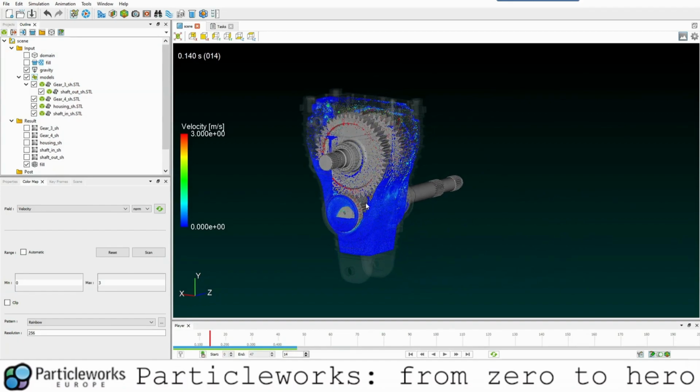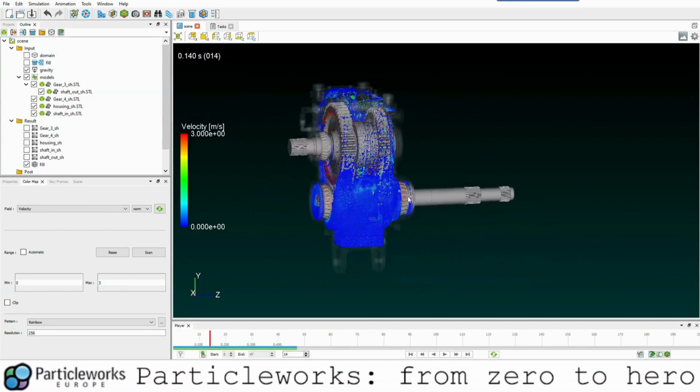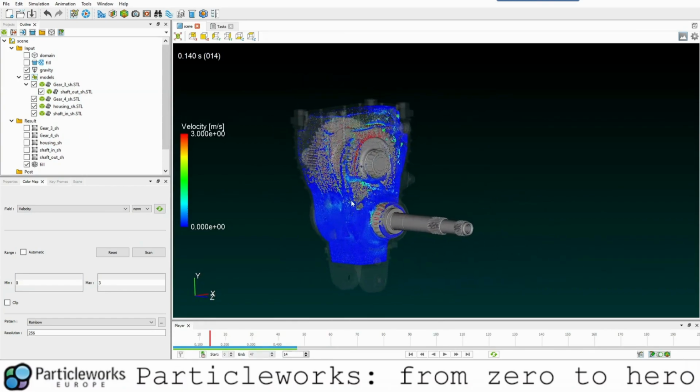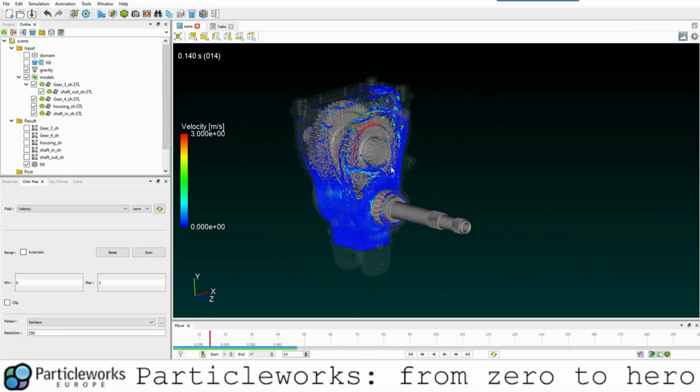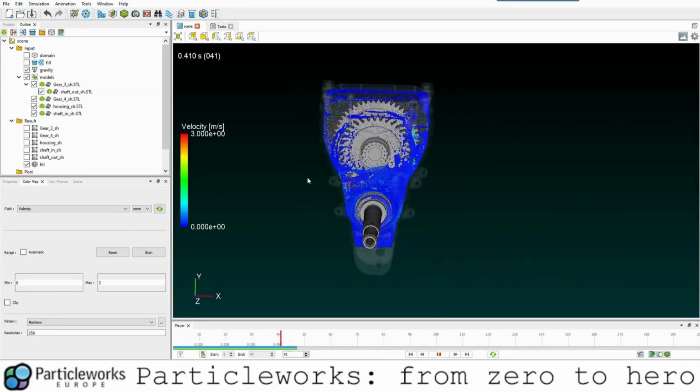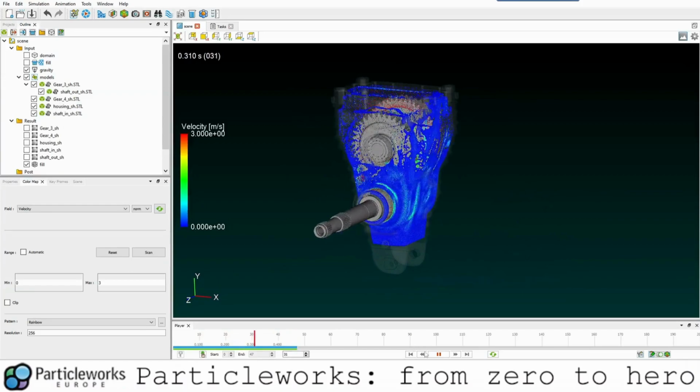We will see the most important post-processing operations you would like to do on your model using this example, that is the gearbox example that we ran in the previous video. As you can see, we collected some results up to 47 frames because we decided to save every 0.01 second. And we can see the transient at the initialization of the simulation. And we can also visualize the velocity field on the